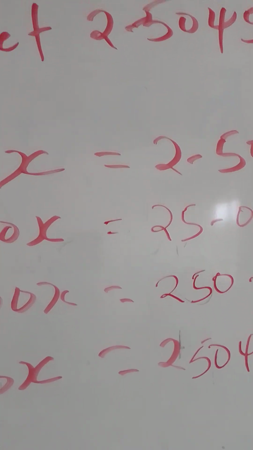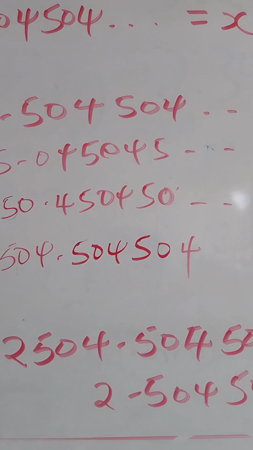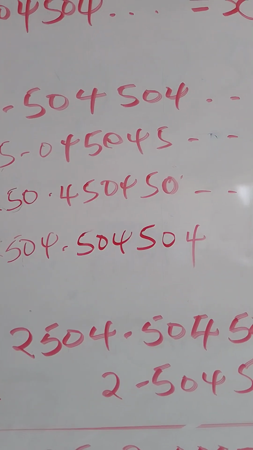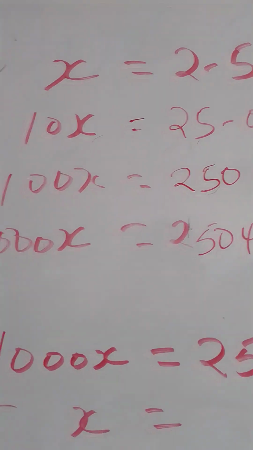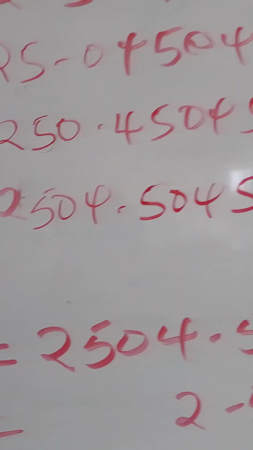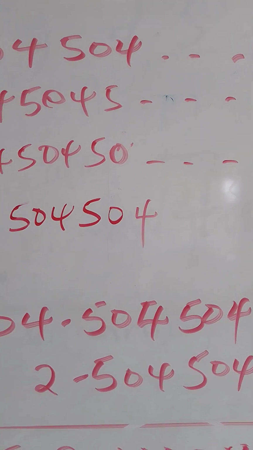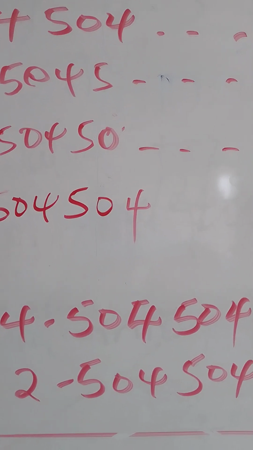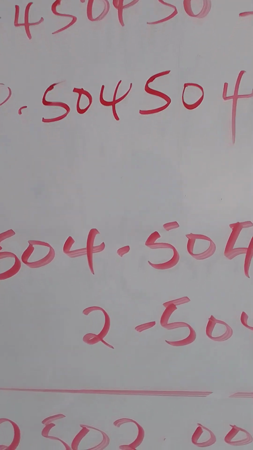is 1000x and x, because 1000x is 2504.504504 and x equals 2.504504. And getting the difference, we are going to have 1000x minus x equals 999x, and 2504.504504 minus 2.504504, because the values after the decimal points are the same, we are going to get a whole number. So the difference will give us